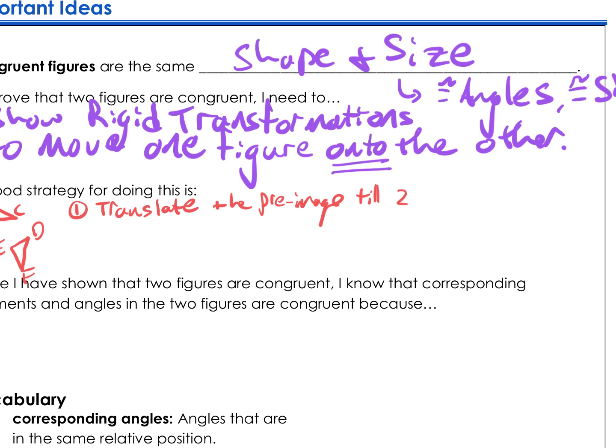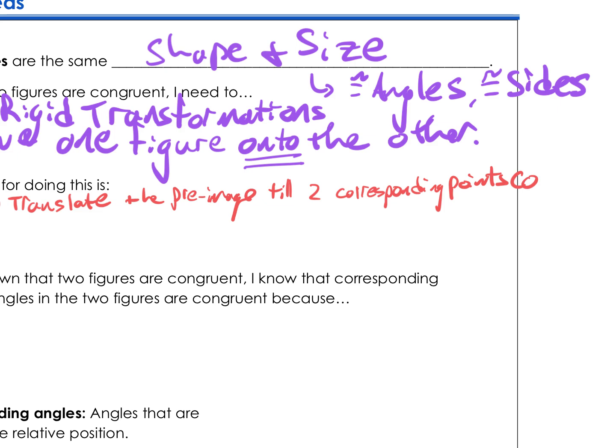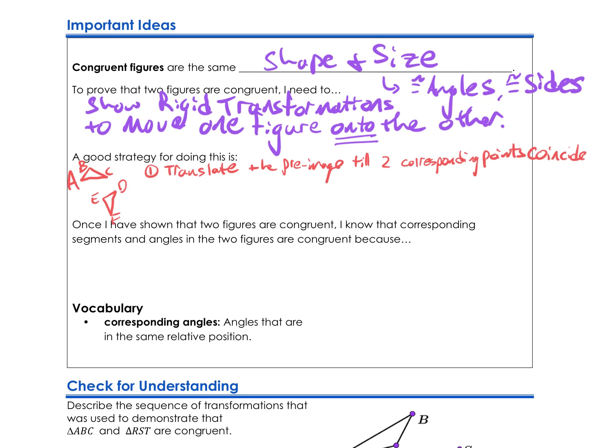Two corresponding points. And we got a new word here, coincide. What does coincide mean? It means they are on top of each other. They land on each other. So if we move this shape until A goes over to D, because they look like the same point, they're corresponding. So we move that over, and then step 2 is to rotate